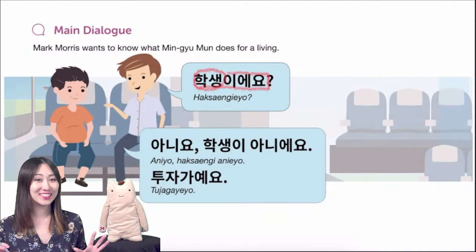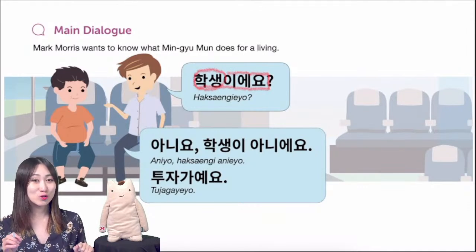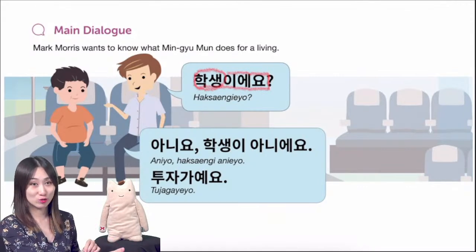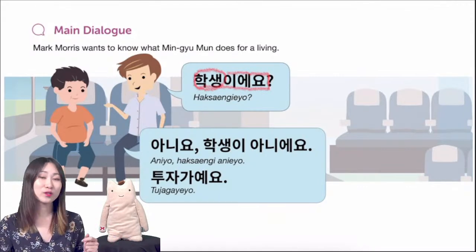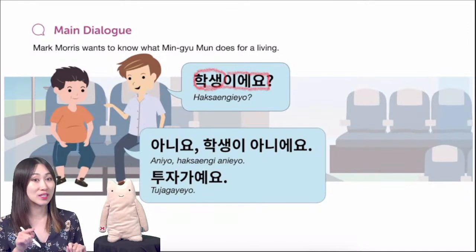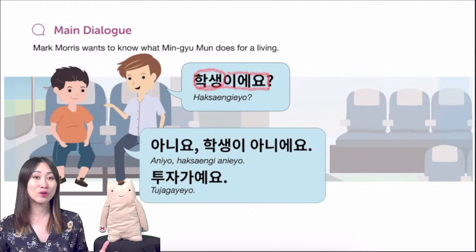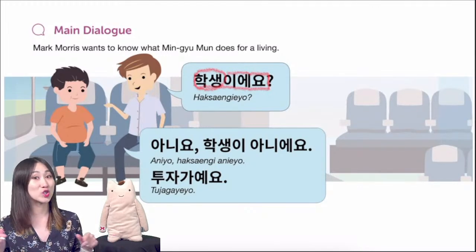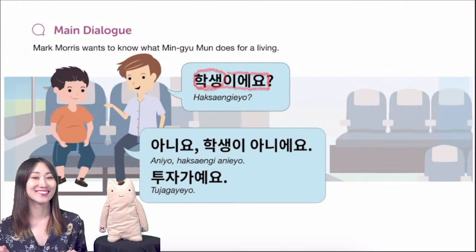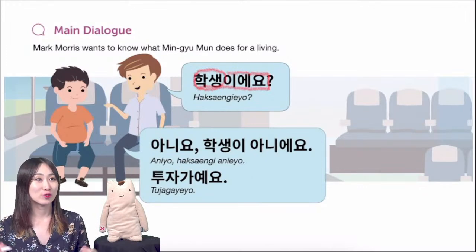In Korean, it literally means student is or students are, but in natural English, that would be, are you a student? Or is she a student? Is he a student? Are they a student? There's no subject in the sentence, so we don't know. We know the subject by looking at the context. But in Korean, we often omit the subject, just like this. 학생이에요. 안녕하세요, 무하메드. 학생이에요. Are you a student?